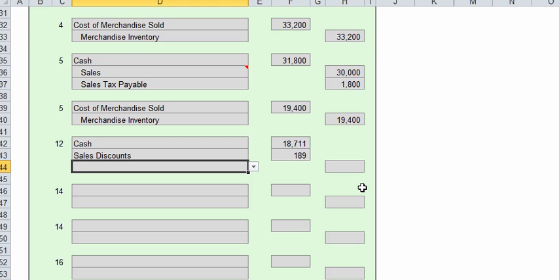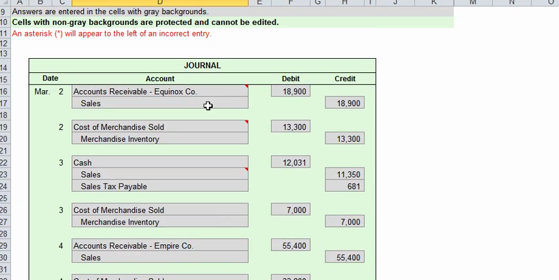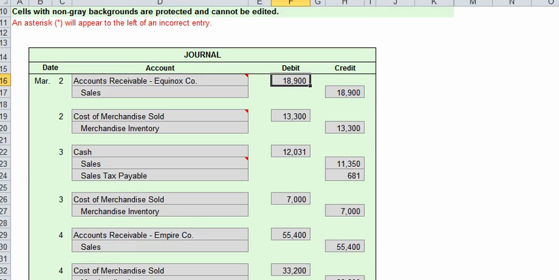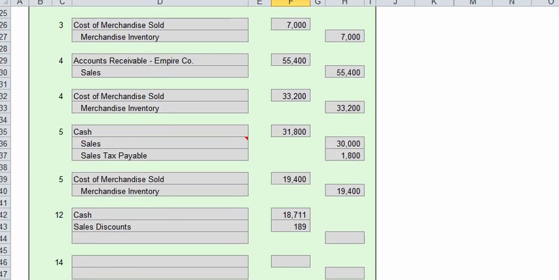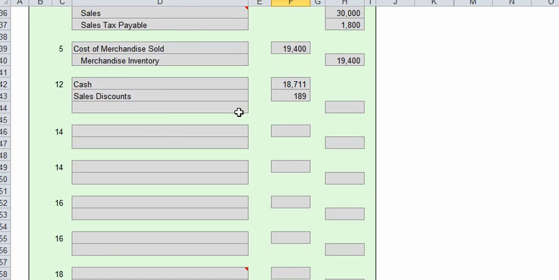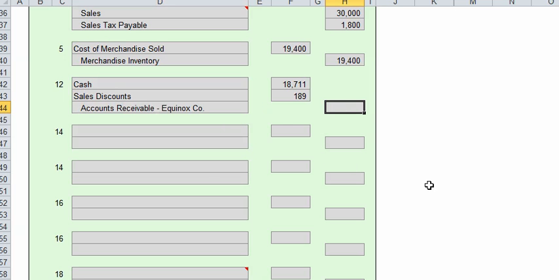And now what needs to come off the books? Well, they've paid us, so we need to take the accounts receivable that we put on the books back on the 2nd. Accounts receivable, Equinox Company was debited for $18,900. They've now settled that debt, so it comes off the books as a credit, $18,900. Remember, assets decrease on the credit side. So we're going to credit accounts receivable, Equinox Company, for $18,900,